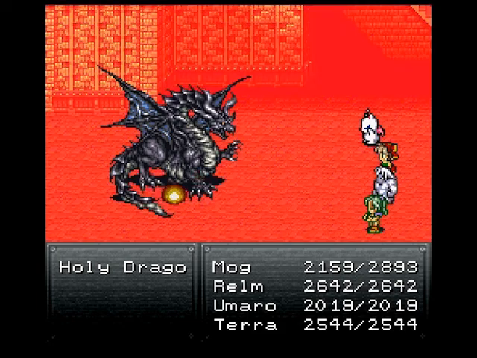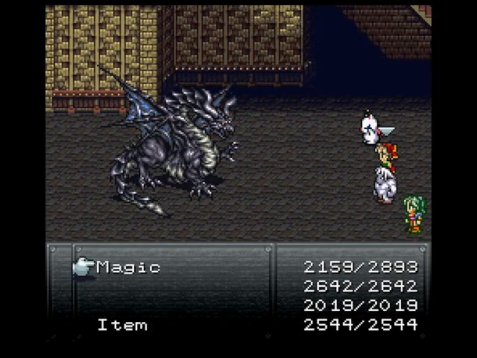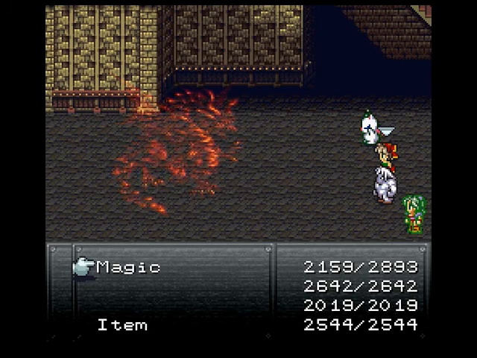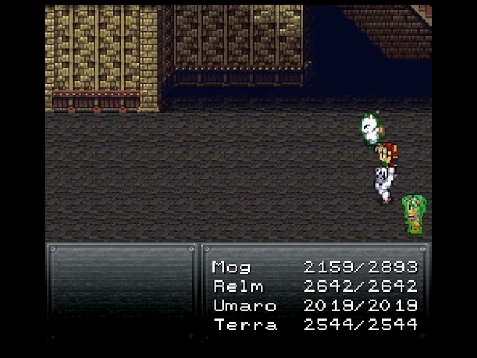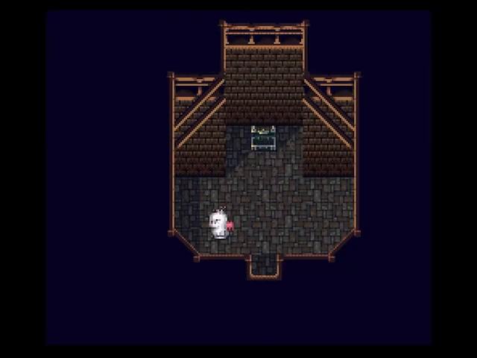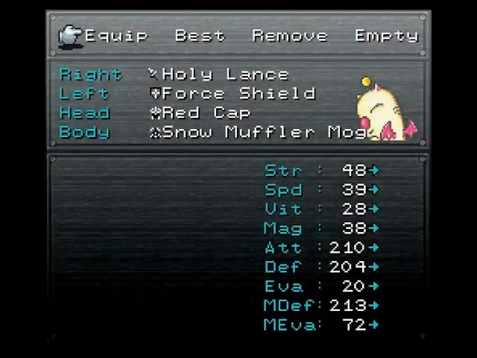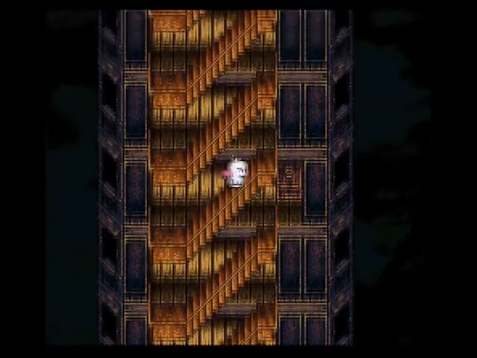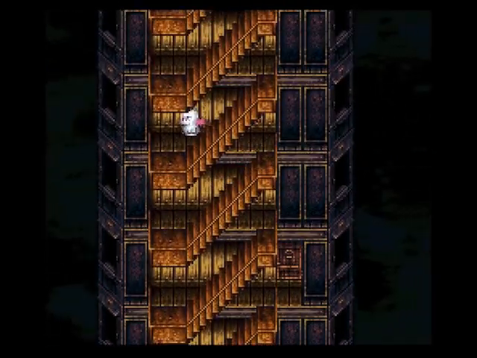Yeah. If you don't cast slow on him, what he'll be doing is he'll be casting anywhere between 1 to 3 Holy or Pearl attacks on you each time it's his turn. So it'll come to his turn and he'll cast 1, and you'll see 1 come down, and you'll take damage, and then another, and you'll take damage. Also, killing him nets us our second Holy Lance. Now we can give 1 to both Mog and Edgar. And we also...